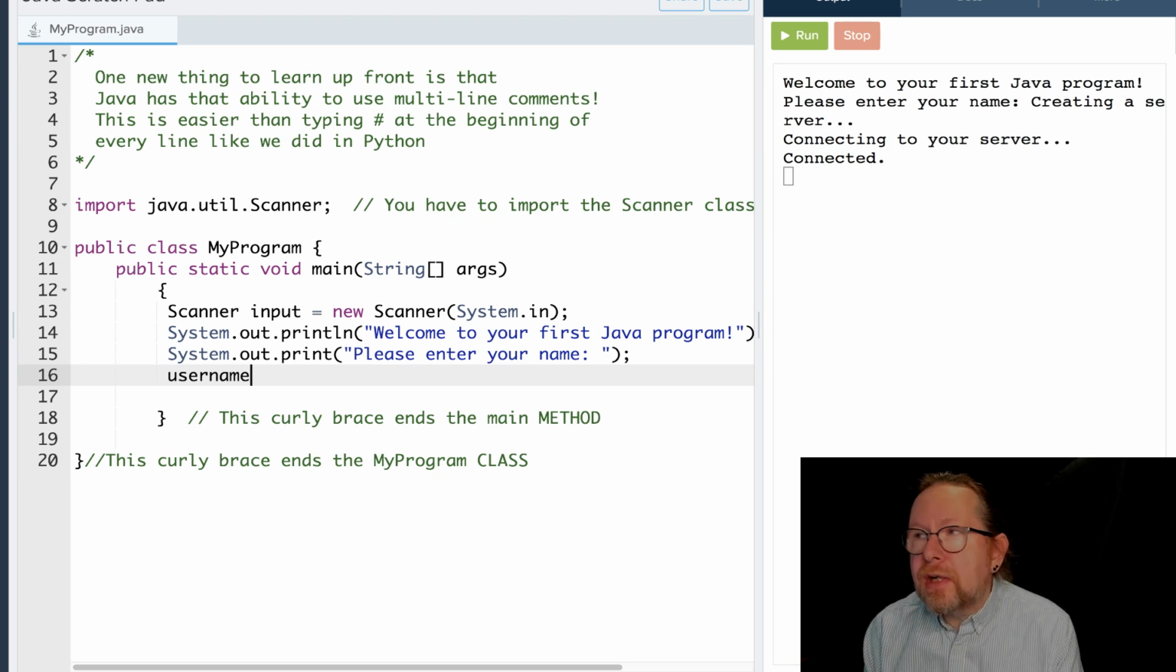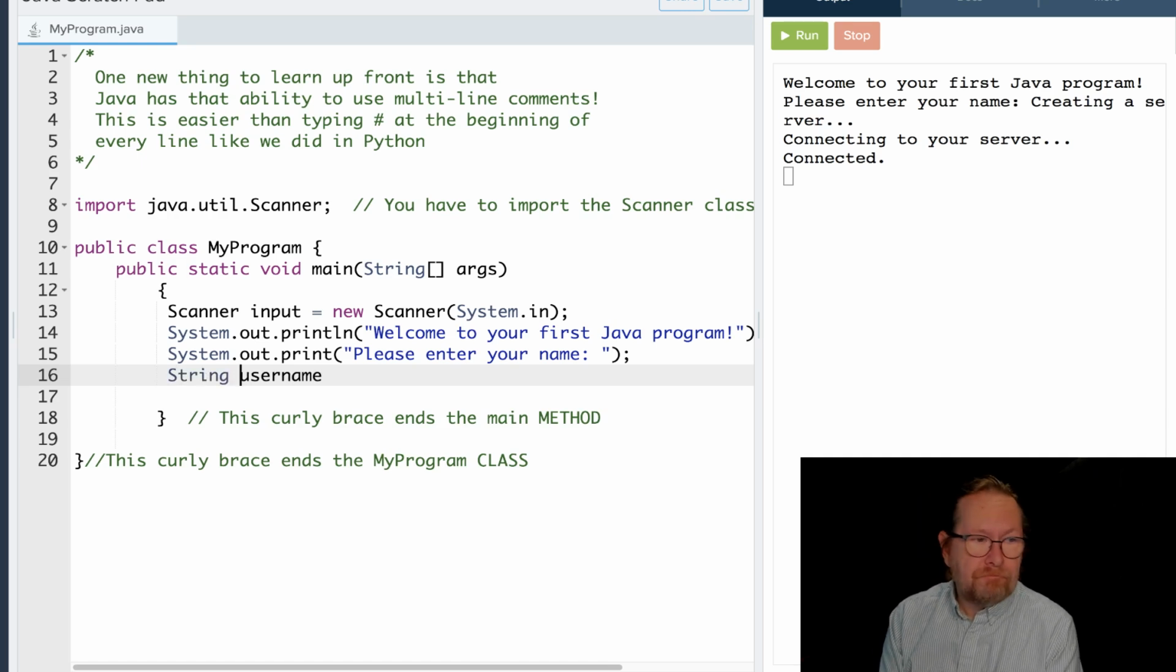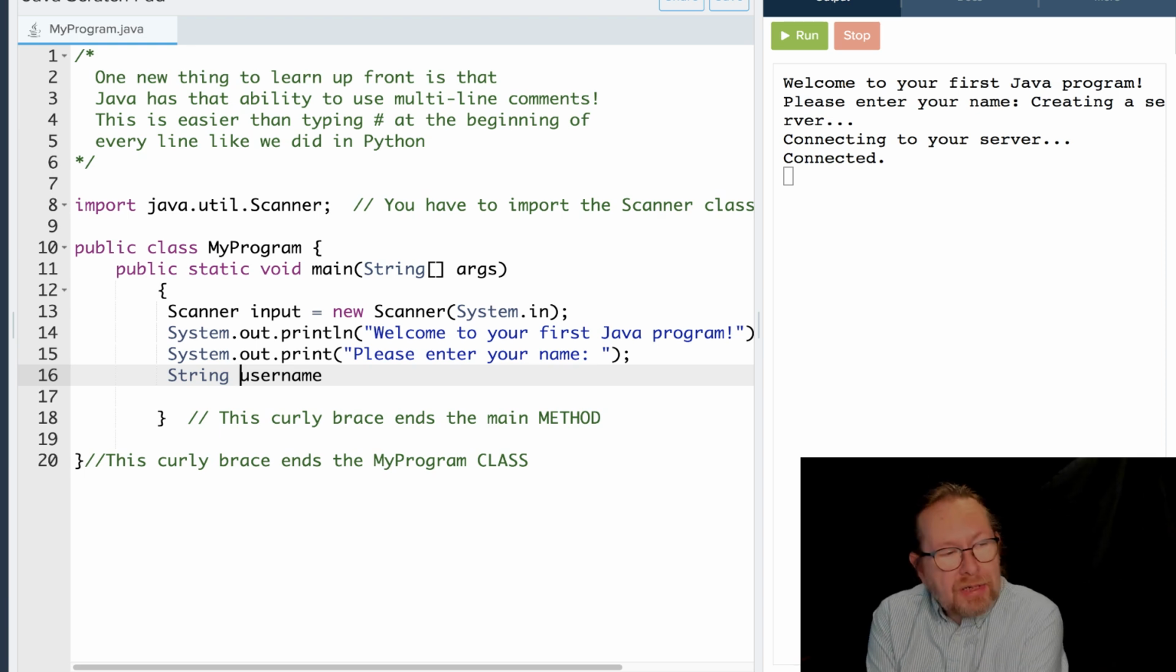If I'm using this variable for the first time in Java, I have to declare it. I have to declare what type of variable it is, so it's a string. So I'm going to create a string type variable called username, and then I'm going to put the value of that variable equal to,